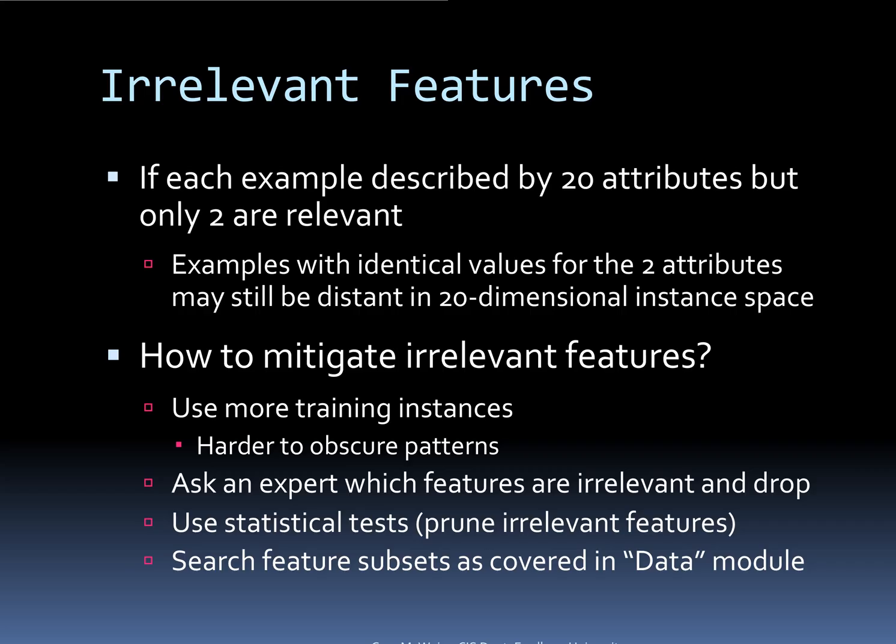To mitigate the impact of irrelevant features, you can increase the number of training instances, making it harder for noise to obscure patterns. Consulting experts to identify and remove irrelevant features is also effective. Statistical tests can help prune these features, ensuring only the most relevant ones are retained. Additionally, searching feature subsets, as discussed in the data module, can further refine the feature set, enhancing the accuracy and